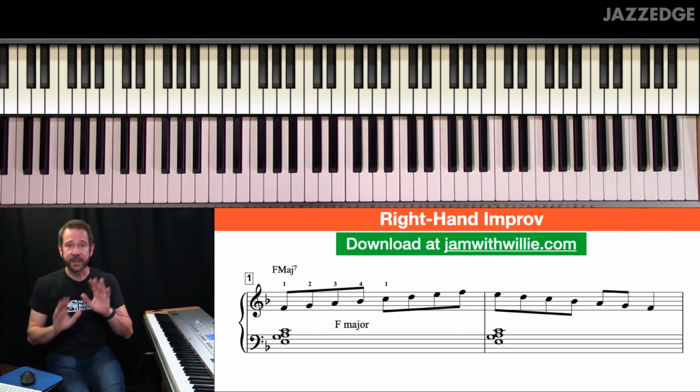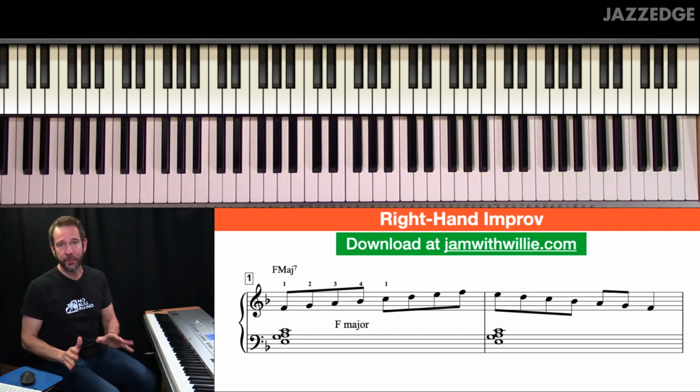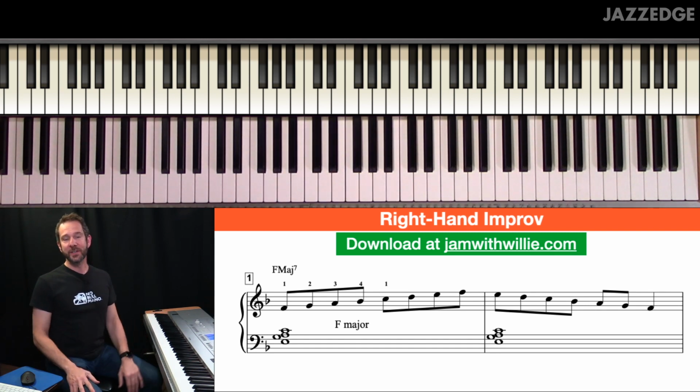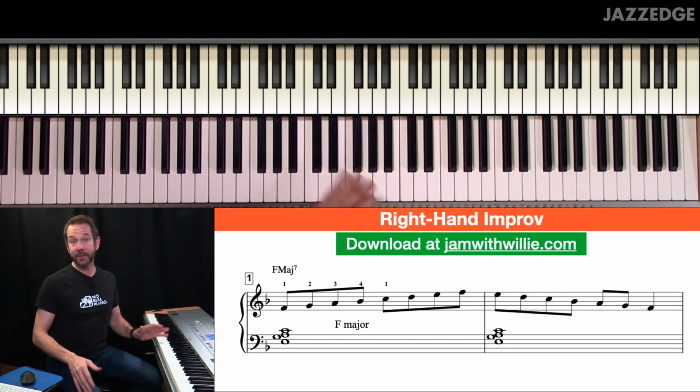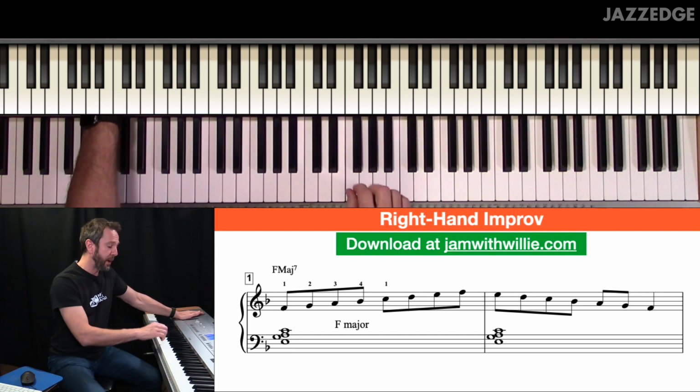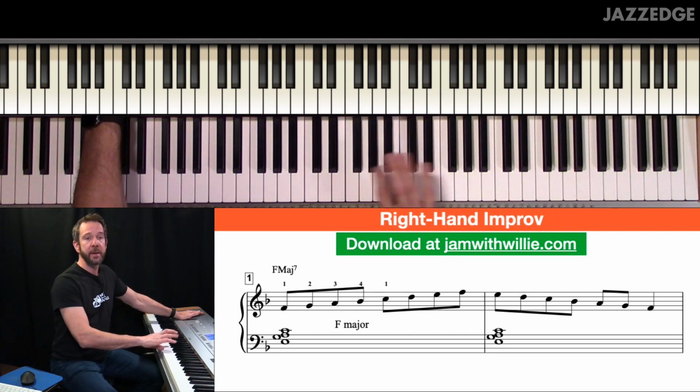So just understand, this is relaxed. It's meant to have fun, okay? This is not meant to be like some big lesson. It's just meant to be fun so that anybody can join in. Doesn't even matter if you're a member of my site or not. You can join in. Okay, so the right hand, we're going to use the notes of the F major scale,